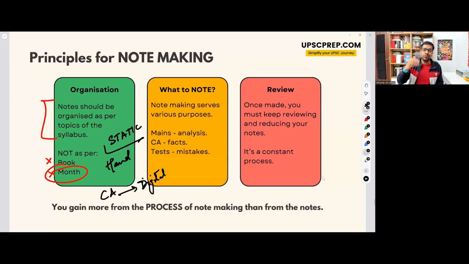Why? Because current affairs ka notes are constantly updated. You need to really keep updating those things, because let's say you had made a note for constitutional amendments. Now Modi ji has amended the constitution again. So now what are you going to do? Add one more page, sticky note, XYZ. But if you have a digital note, I can keep adding to my own note, right? So it becomes slightly easier if you make digital notes for current affairs.